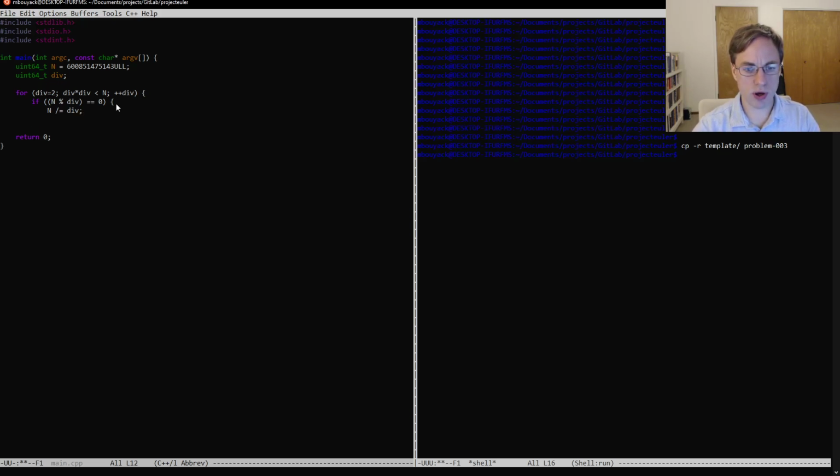There's one point of caution here where we might actually have the same prime factor multiple times. You could imagine the number 12 is equal to 2 times 2 times 3. So we would try 2, we divide it by 2, we get 6. If we're not careful and we move on to trying 3 next, we would miss that there's that other factor of 2. And so what we want to do is use a continue statement here. So this will skip over incrementing div, and we'll try that same